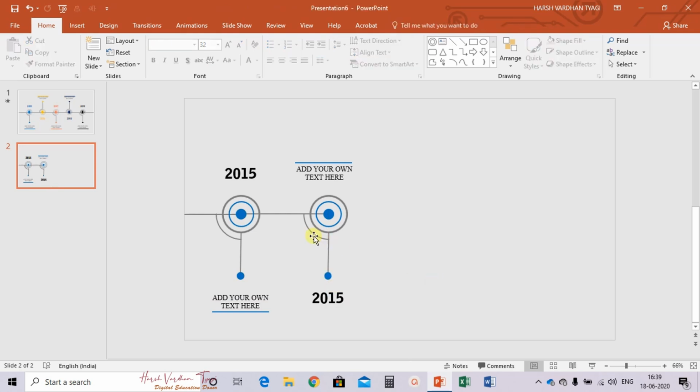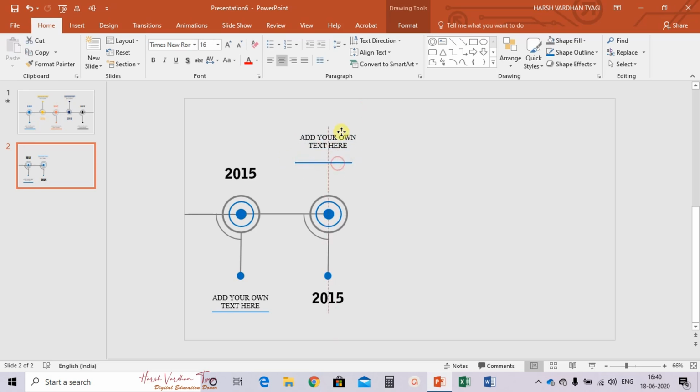You need to change this. Select this particular piece of line and drag it at the upper side, center. Select the circle, align it at the center of this particular piece of line.